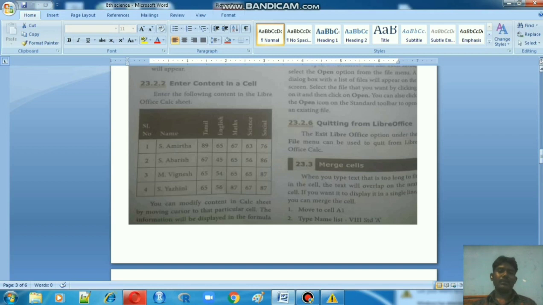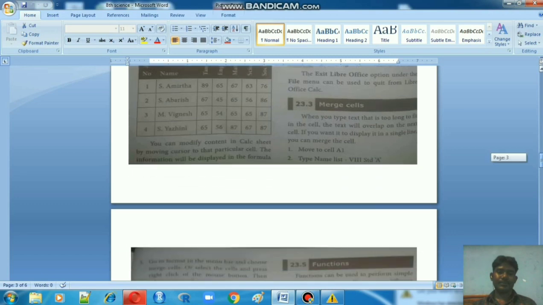Next topic, merge cells. How to merge cells? Sometimes we have to type a long text, like our village name or our street name, our address.